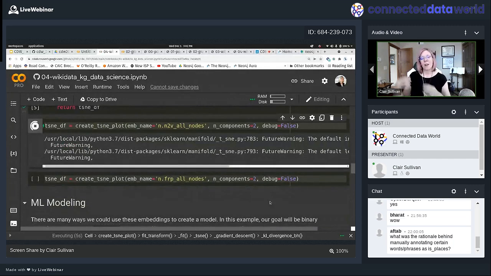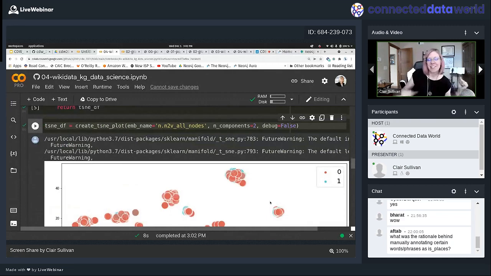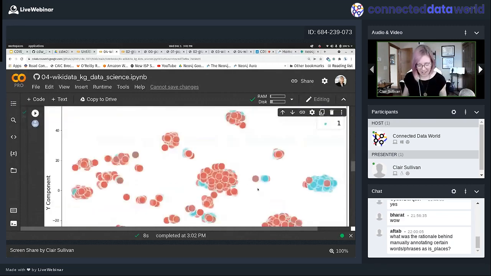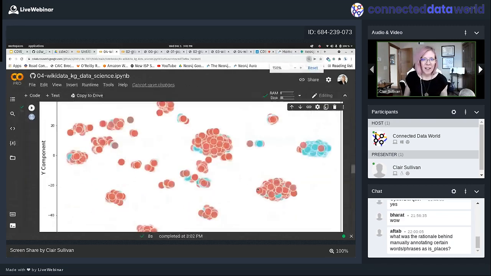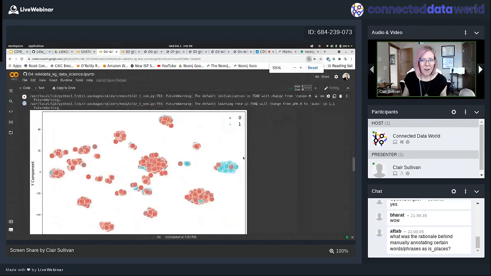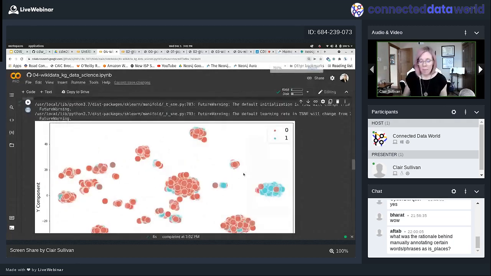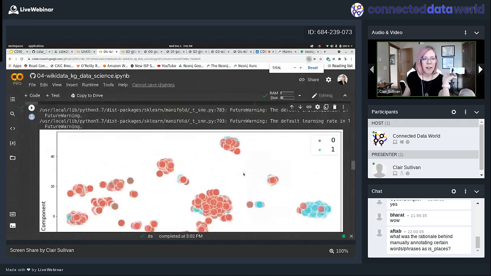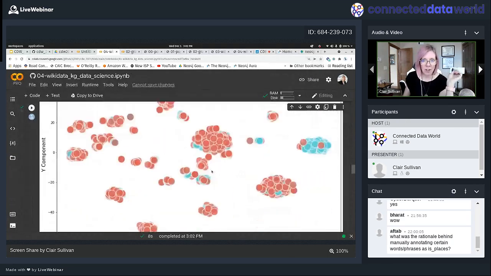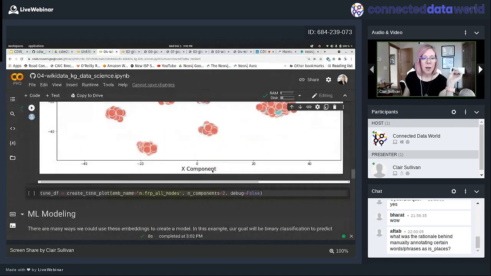Remember, we want to see our red nodes all clustered nice and dense together, and our blue nodes all clustered nice and dense together. And sadly, that's not what we see. We see that there are some clusters that look all right, like this one, this blue cluster at roughly 3 o'clock, but it's kind of a mess. It is what it is. But when we see something like that, we might expect that we're not going to get super great results. But let's see what happens.